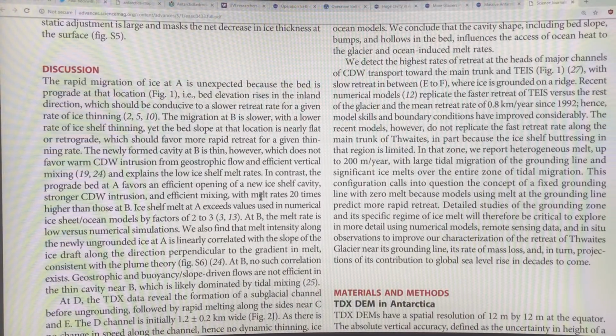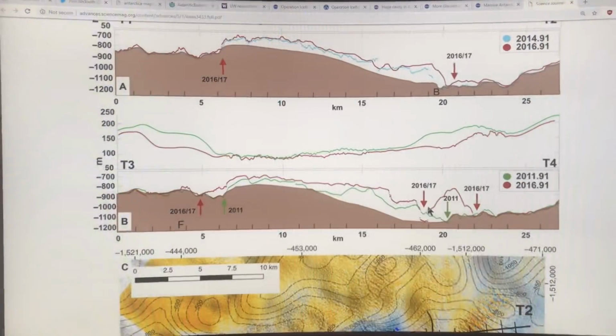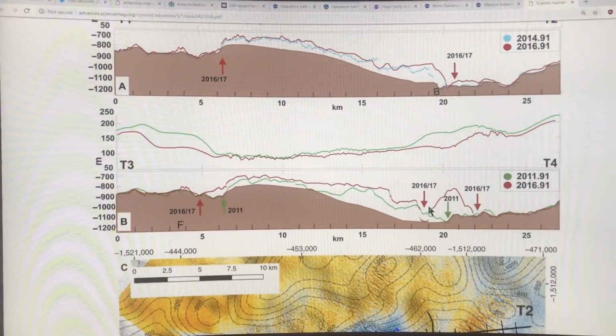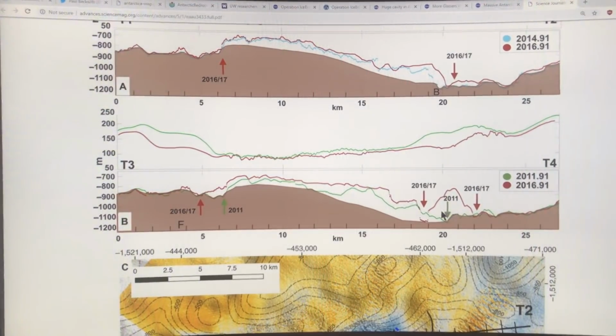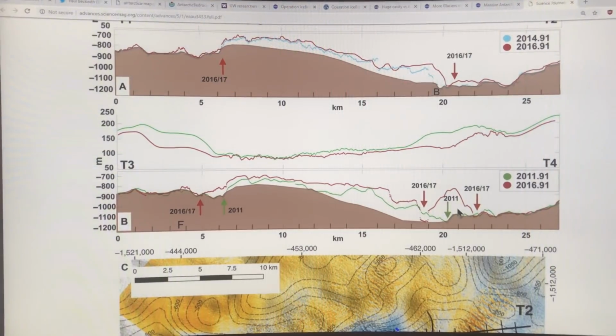So basically, you can read about the details and so on, but it's believed that the tidal flows, because of course when you get mass loss of ice underneath the glacier, it's fresh water, but if you get the tide surging in and out with the warm salty water, then it's creating these huge cavities